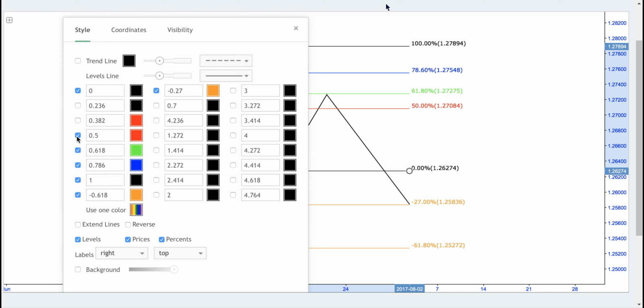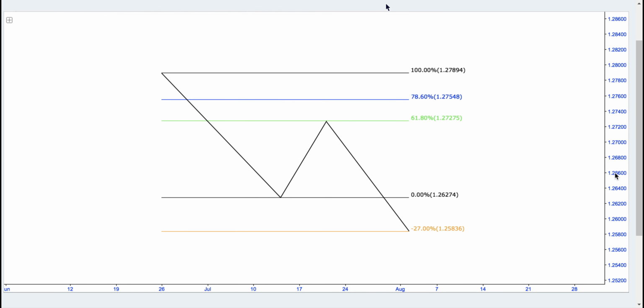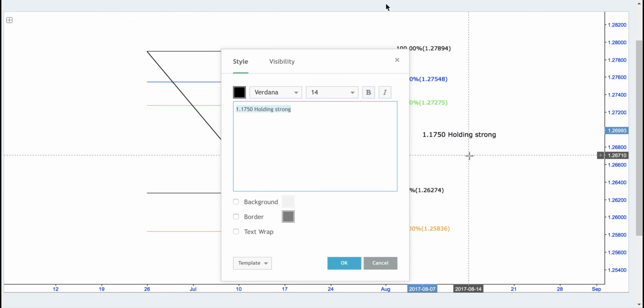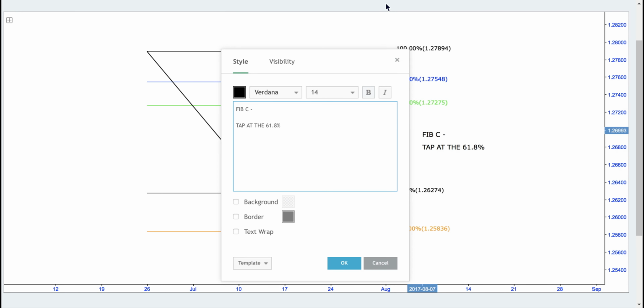Remove the 38.2, remove the 50%, and remove D2. So now what we're left with is fib A, 100% down to fib B. Fib C is going to come into two variables. Fib C is either going to be a tap at the 61.8%,